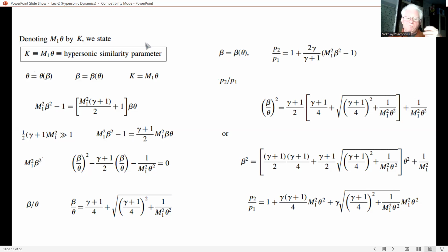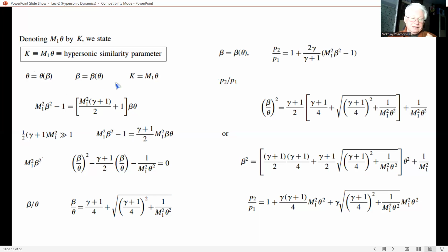Particularly in the case of pressure ratio, P2 over P1, this is the purpose of the present section. Return to the exact theta-beta-M relation given before. This is an explicit relation for theta as a function of beta. Obtaining the exact inverse relation, beta as a function of theta,